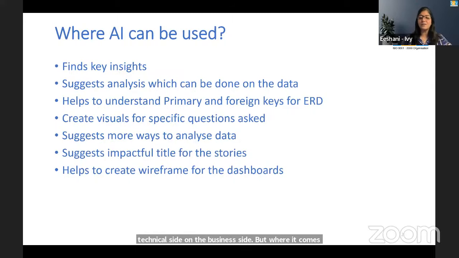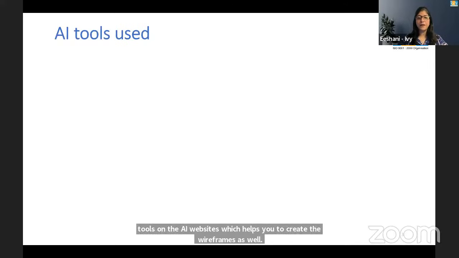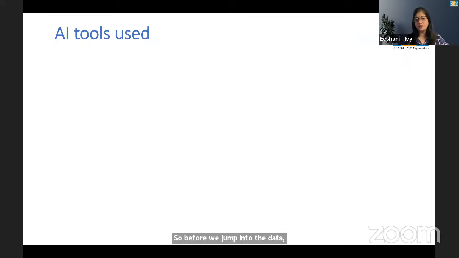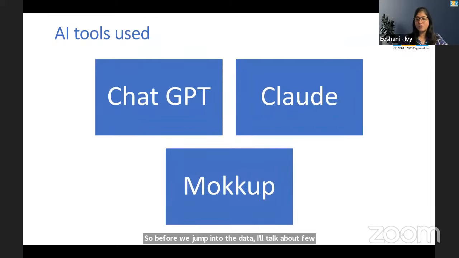So AI tools, some of the AI websites, which help you to create wireframes as well. Before we jump into the data, I'll talk about a few tools that I use on a regular basis. One is ChatGPT. I'm sure a lot of you are using this. One is Claude, again a very useful AI platform. Sometimes ChatGPT gives little generic stuff. Claude, I've seen, gives much better, deeper insights, and it helps you generate your charts, the